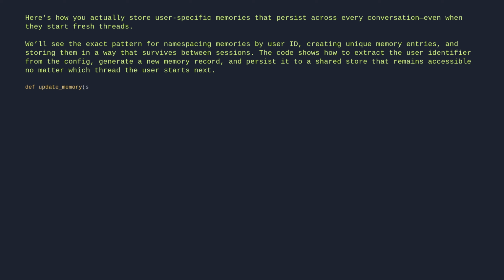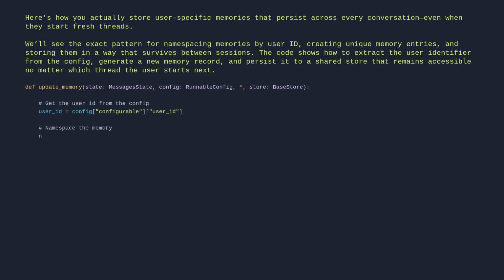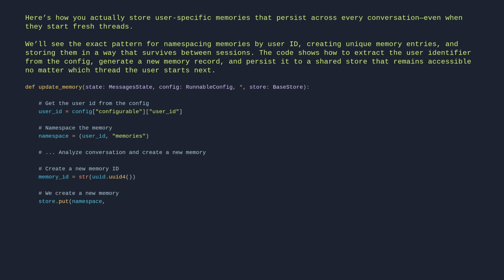def update_memory(state: MessagesState, config: RunnableConfig, *, store: BaseStore): # Get the user id from the config. user_id = config["configurable"]["user_id"] # Namespace the memory. namespace = (user_id, "memories") # Analyze conversation and create a new memory. # Create a new memory ID. memory_id = str(uuid.uuid4()) # We create a new memory. store.put(namespace, memory_id, memory)